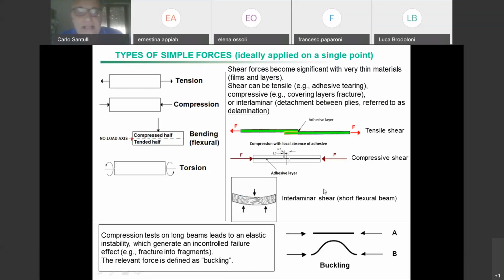Okay, so what you could have realized is that we are talking about materials, and of course, since we applied forces, we need to be aware that applying a force over a certain limit brings failure. And since this is more an experimental than a theoretical course, we need to be aware that as the forces are different, the way of breakage in the failing material is different as well.